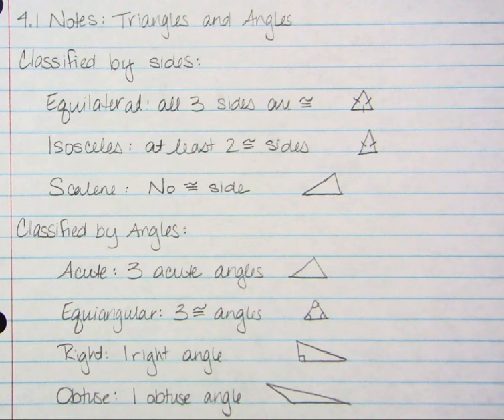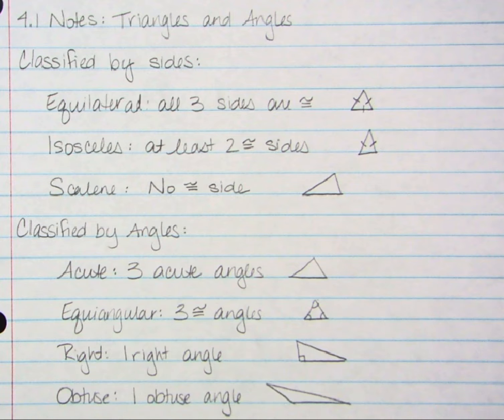Today's lesson is on 4.1, triangles and angles, and most of this information will be a review. Some of it will be new. There's two different ways to classify triangles. We can classify the triangles by their sides, and the three different types of triangles we have according to side